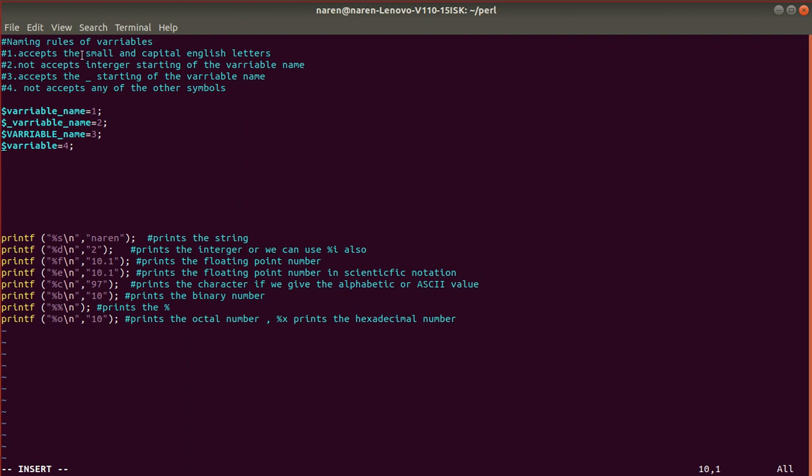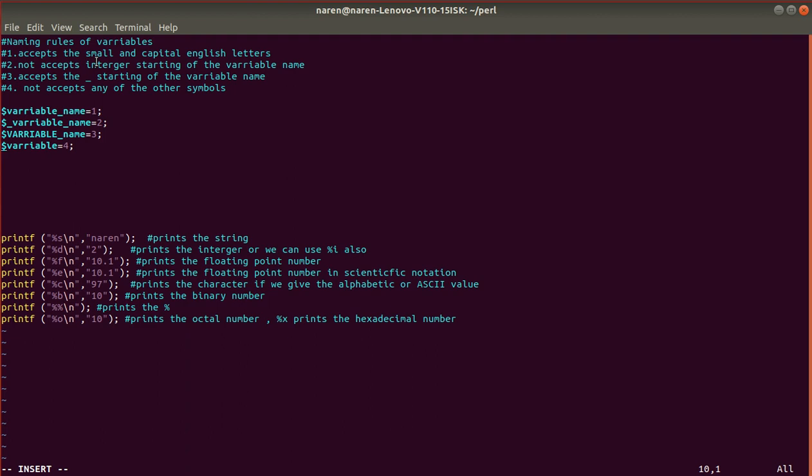When we are going to give a name for the variable in Perl programming language, it will accept small letters and capital letters also. So if the variable name is Naren in small letters, it will accept, and if the variable name is Naren in capital letters, it will accept.